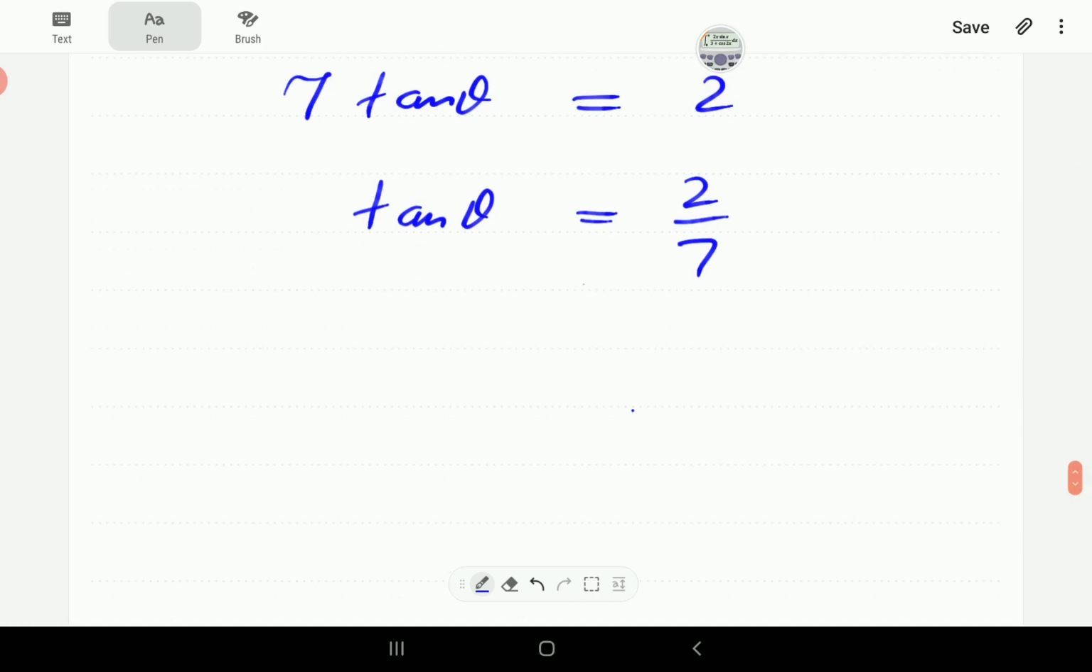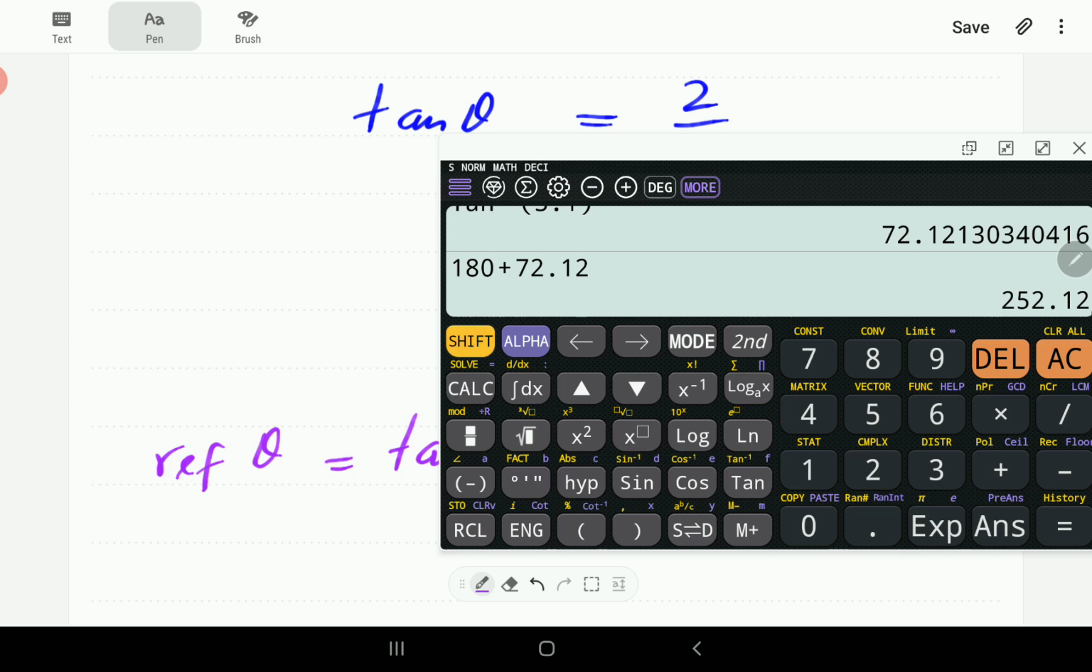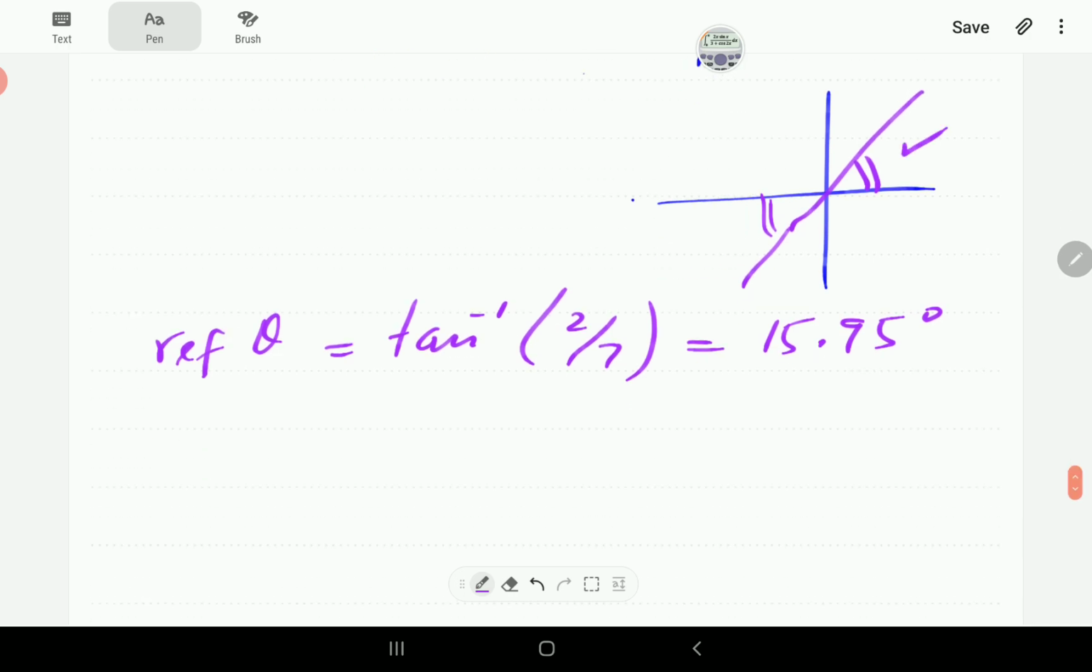So this is now like the equations we solved in A, B, and C. And this is saying tangent is positive, of which tangent is positive in quadrant 1 and quadrant 3. So for the reference angle theta, we are going to have to punch in inverse tangent of 2 over 7. Let's see what that gives us. Inverse tangent 2 divided by 7. That's 15.95 degrees. So that tells us that the one that is in the first quadrant is just 15.95,